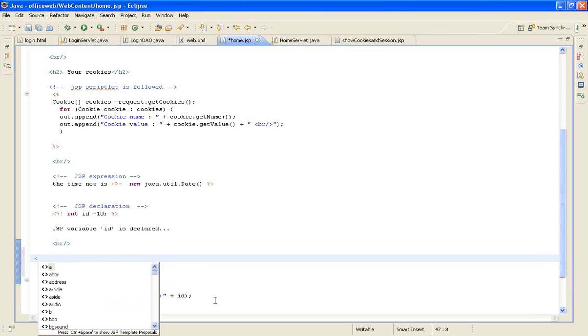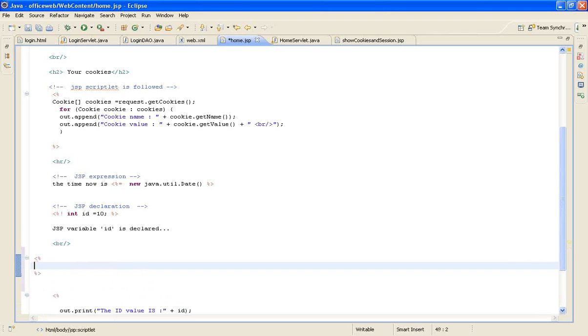So I can start a fresh scriptlet, and I can say string name equal to